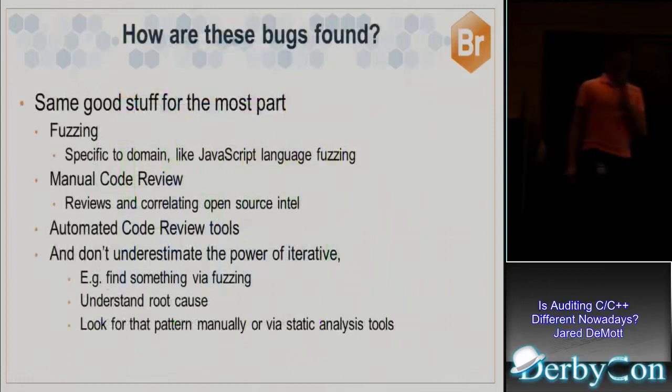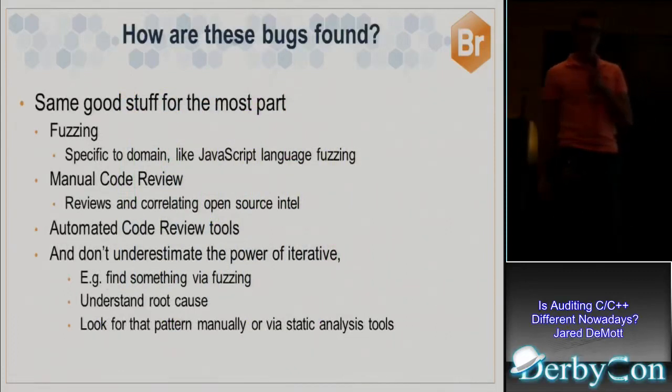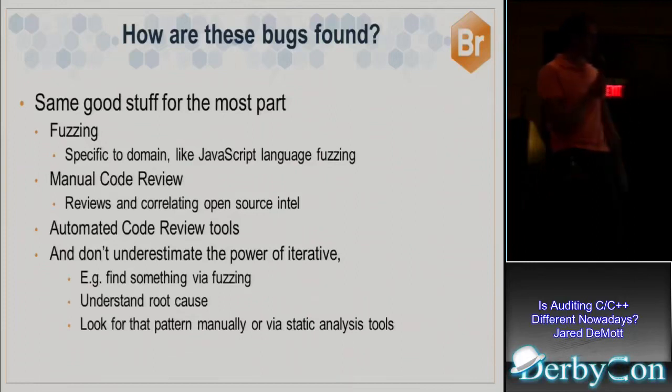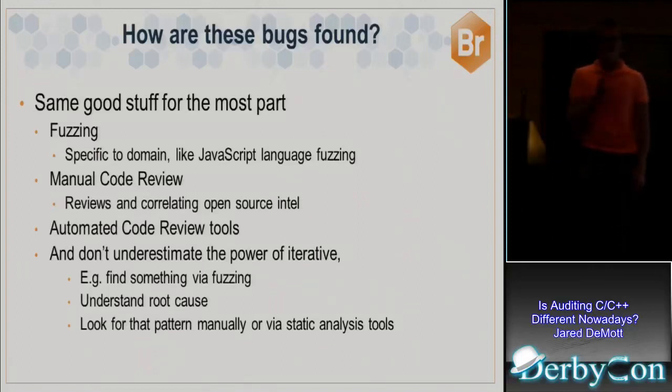Okay, and how are these newer types of bugs, this use after free and type confusion, which I'll explain if you have never heard of that. This is not a real advanced talk on either one of those two, but I'm going to basically explain what both are and show an example of each. If you've never heard of those, how are those two bug categories found? Basically the same way we've always found bugs in fully compiled code, right? Fuzzing, source code auditing, manual reviews, automated tools, iterative approaches.